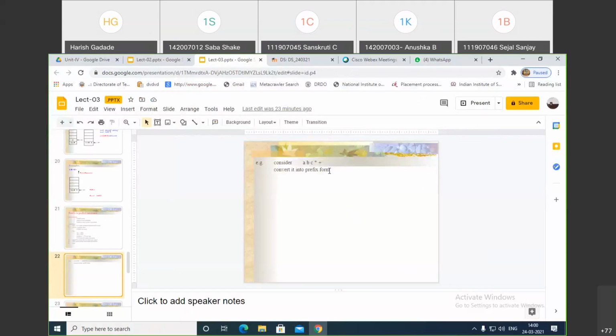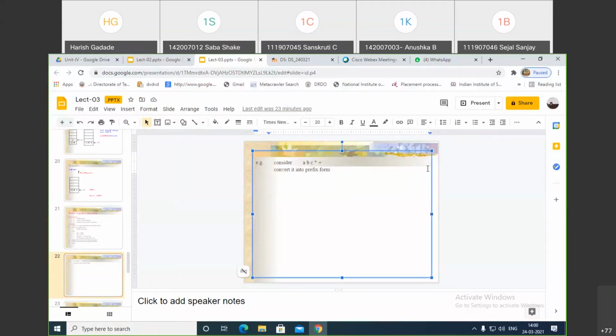Let me tell you one other method here. See, the expression is A, B, C, star, and then plus. What we can do is, for the star, insert the previous operand in between these two.